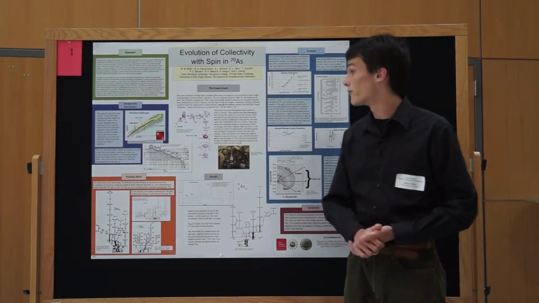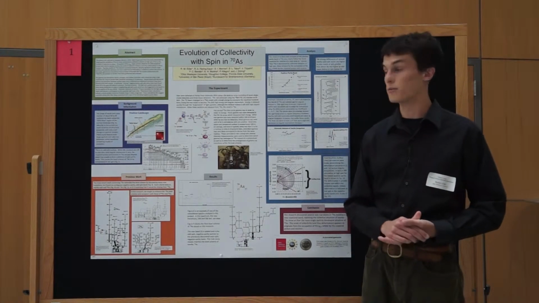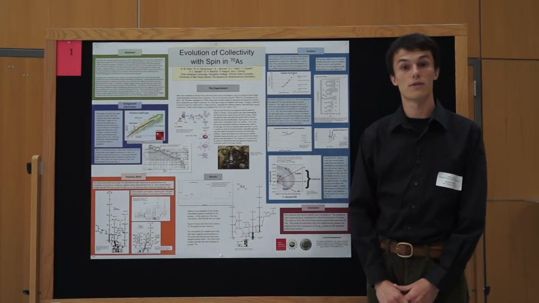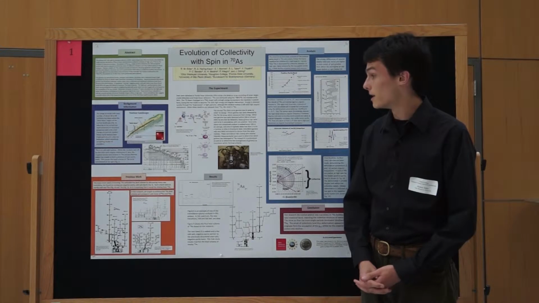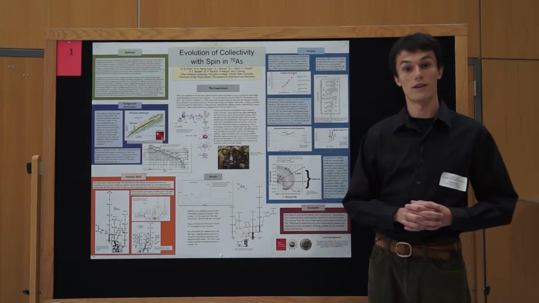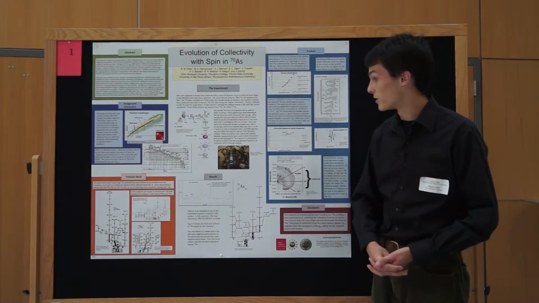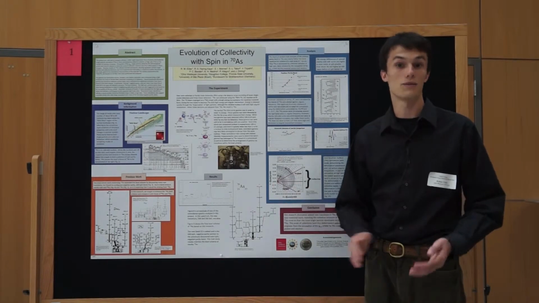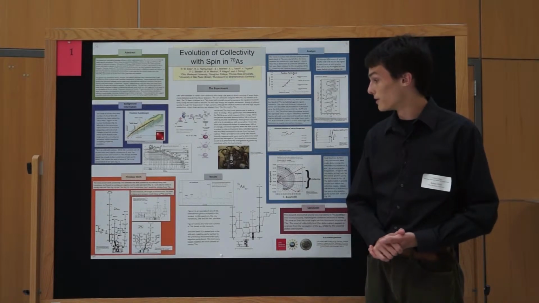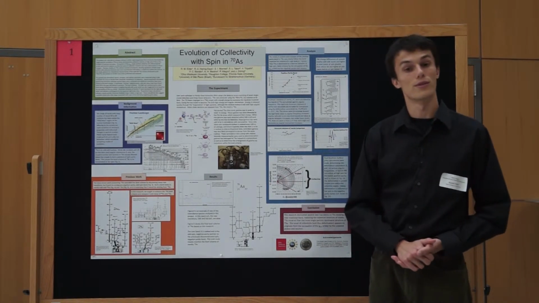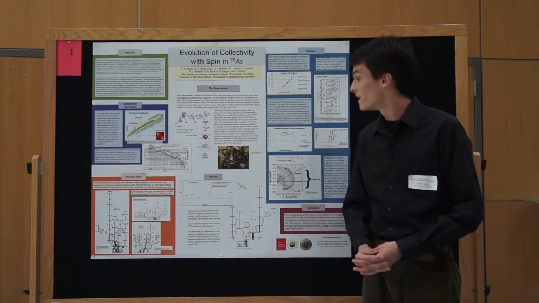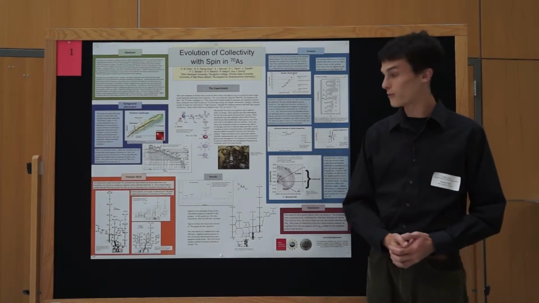Our data was collected at Florida State University by their germanium detector array. They shot a beam of oxygen-18 excited to 50 megaelectron volts at a target of manganese-55. This created arsenic-73 at a high energy state, and it evaporated light particles off of it. When 3 neutrons left arsenic-73, it resulted in arsenic-70. Arsenic-70 then decayed down to its ground state by releasing gamma rays. These gamma rays were, of course, detected by Florida State University's high-resolution germanium detector array, and the data that they collected was sent to us for analysis.